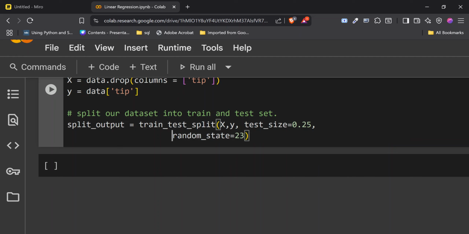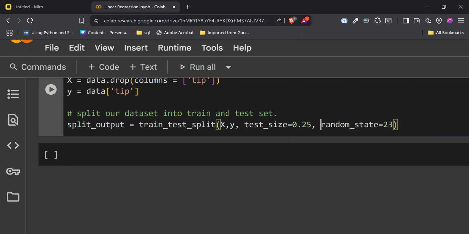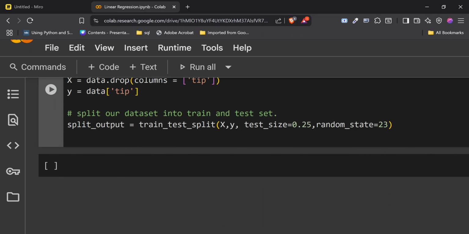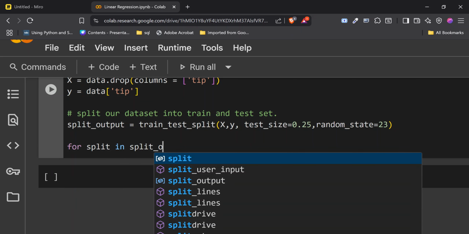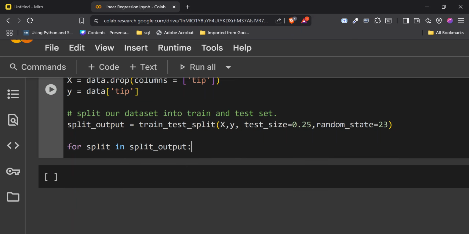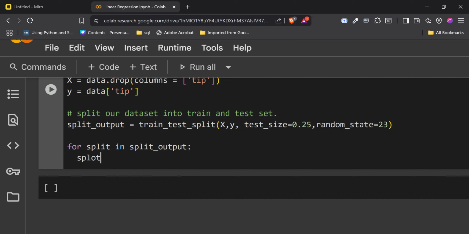And I can backspace this. Now, we can also check how the split has happened. We can say for split in split_output, we can do split.shape.